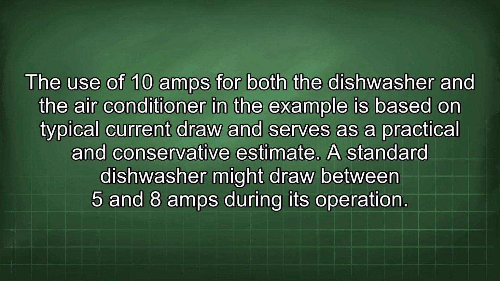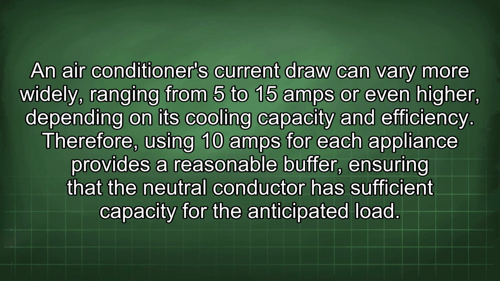A standard dishwasher might draw between 5 and 8 amps during its operation. An air conditioner's current draw can vary more widely, ranging from 5 to 15 amps or even higher, depending on its cooling capacity and efficiency. Therefore, using 10 amps for each appliance provides a reasonable buffer, ensuring that the neutral conductor has sufficient capacity for